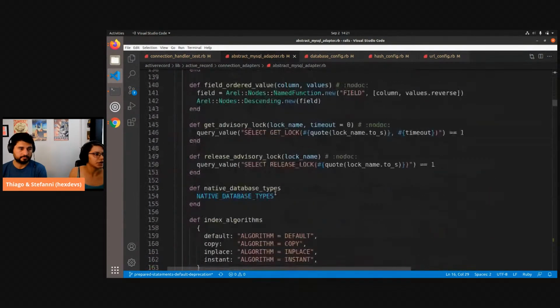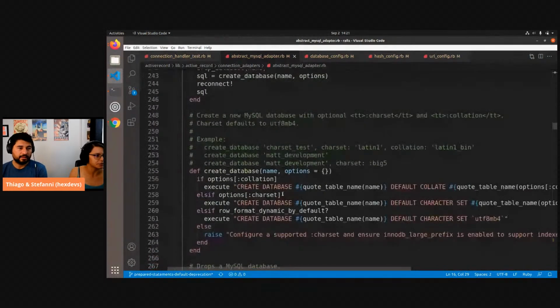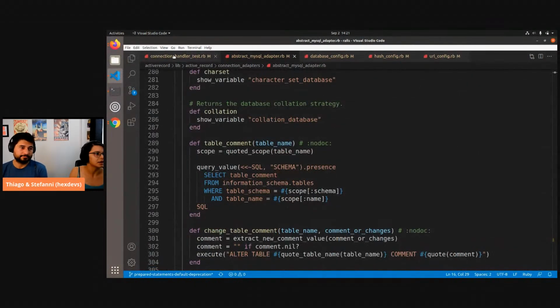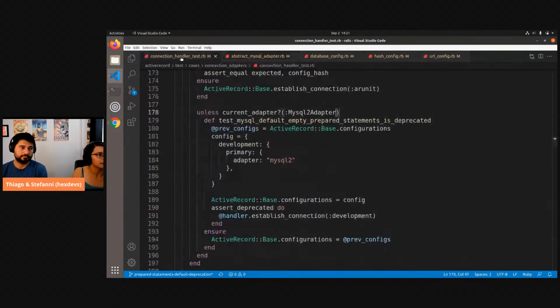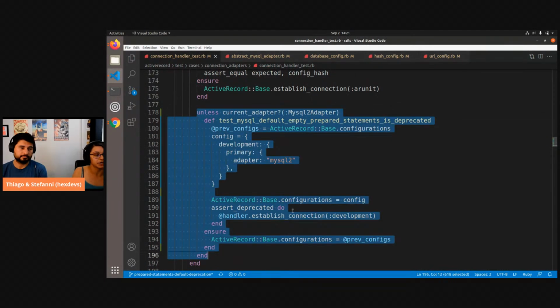So we added that check in this class, but now that you were saying that, I just noticed that we are testing that the deprecation is thrown in the connection handler test. I think this is a good place for now,